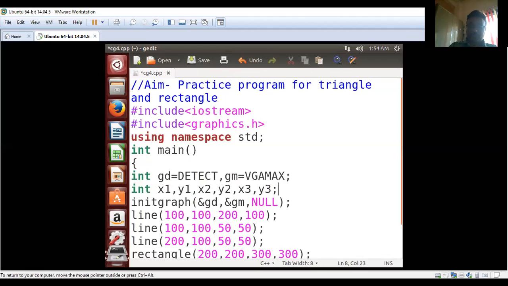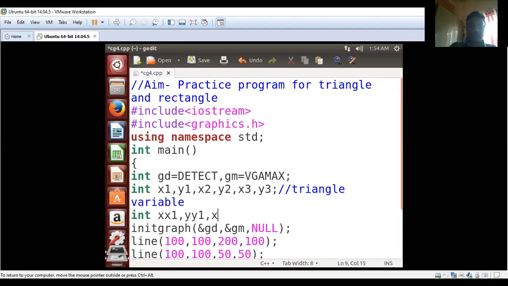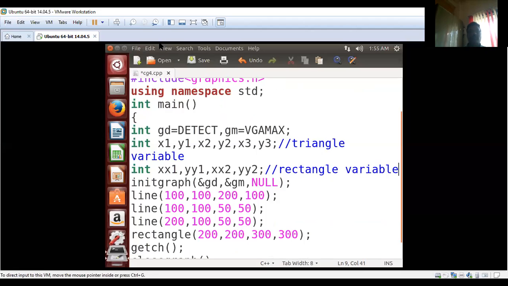These are the variables for the triangle. Then I require int xx1, yy1, xx2, yy2. This is for the rectangle. These are my rectangle variables. This is my triangle variable. Now, proceed for the next.